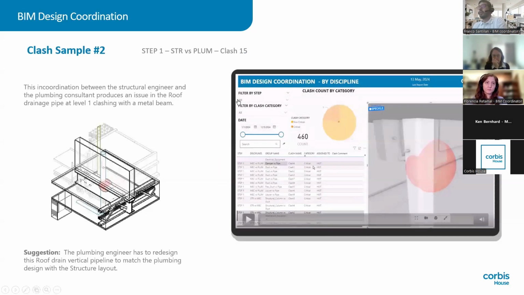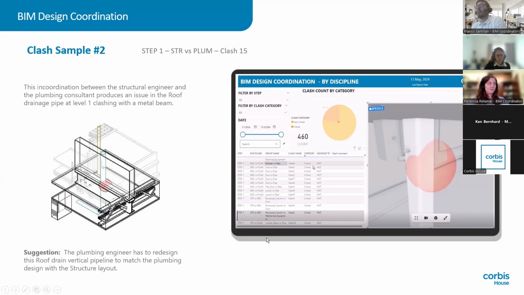The second critical clash is between the structure and the plan beam. In this specific case, the senior housing project has a technical area between the first slab and the second one. So the design of the architectural walls was completely different between those 2 levels, and we have to review the different horizontal pipe connections between